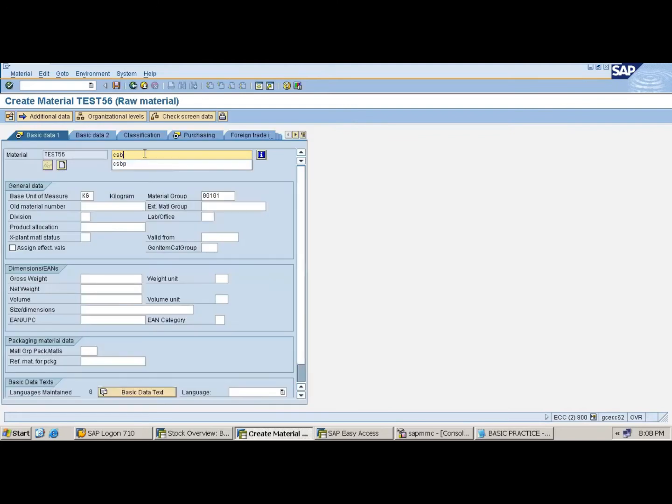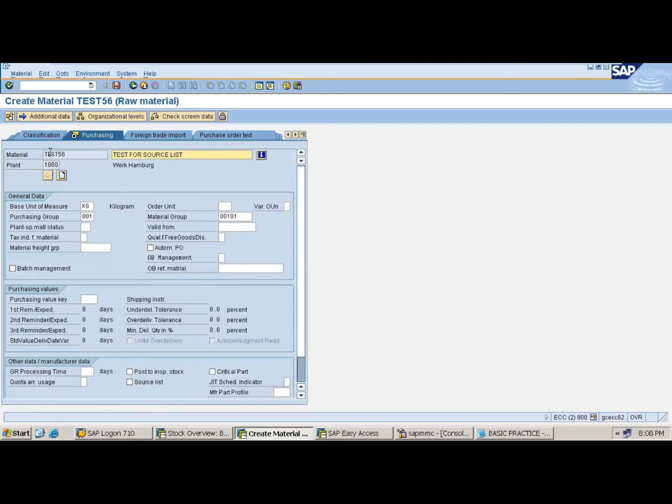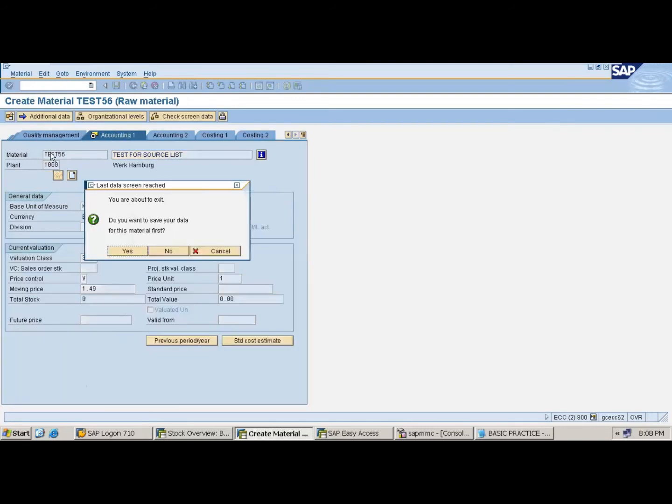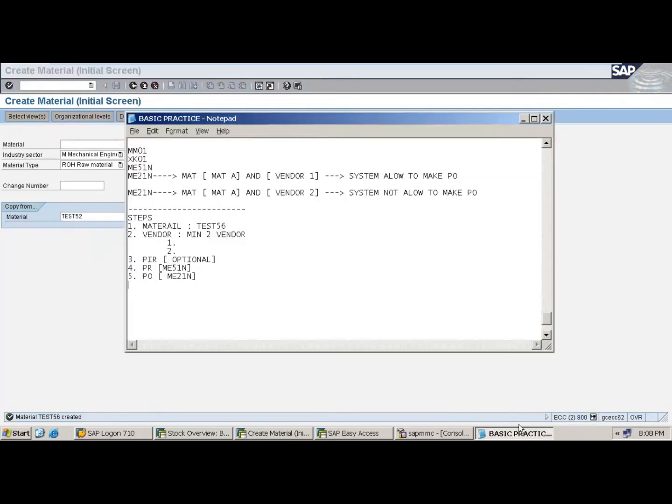Material description: test for source list. Enter. So we have created one material, test 56. Step number 1 is completed.